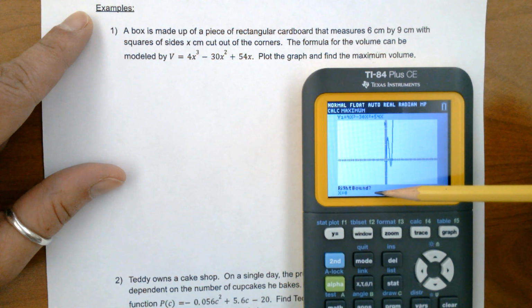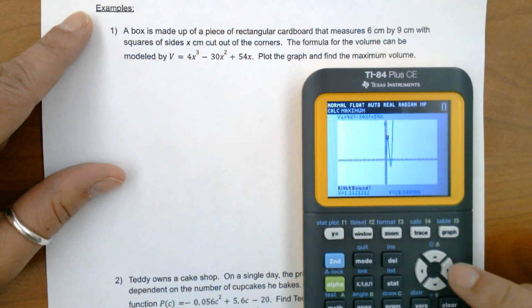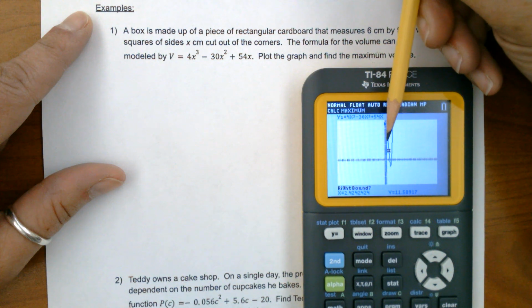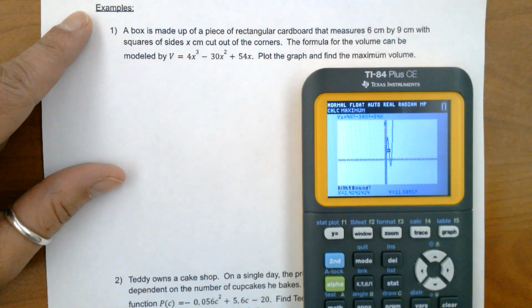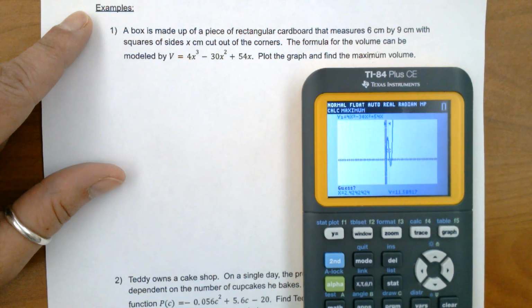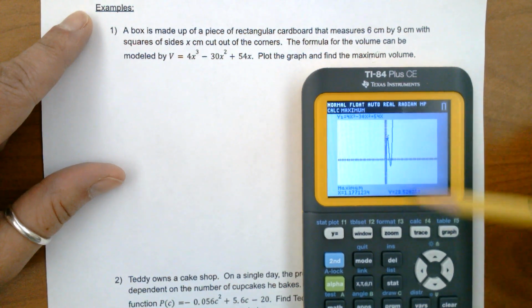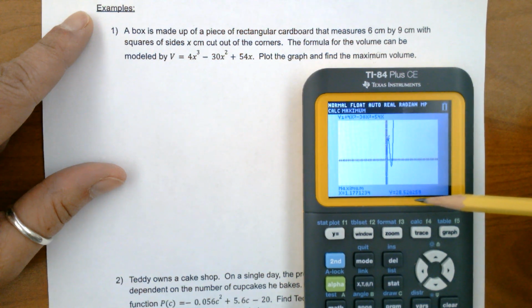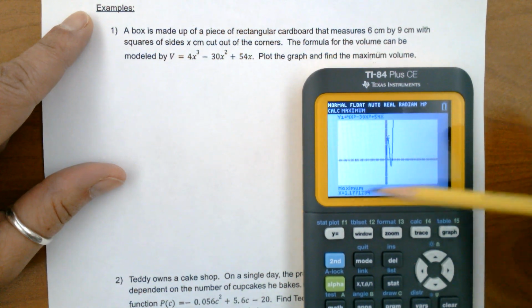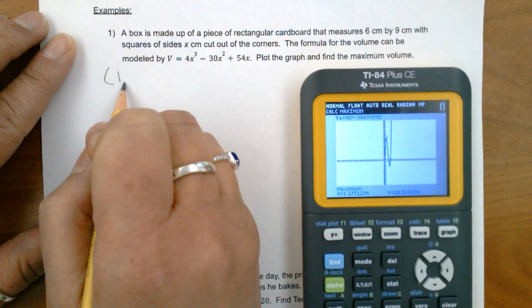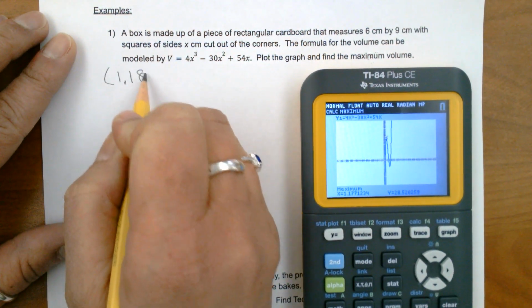Now, if you notice, it says right, so I'm going to move my blinking dot to the right side of this maximum point, which is the right side of my pencil tip right here, and I'm going to press enter. And it asks us to take a guess, and I'm going to press enter again. And as you can see, the maximum is at 1.177. So I'm actually going to do 3 significant figures and 2.58. So let's write that down. 1.18, comma